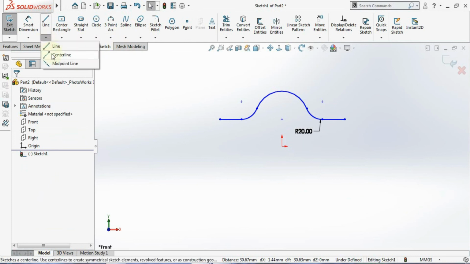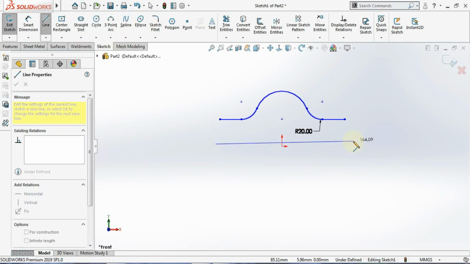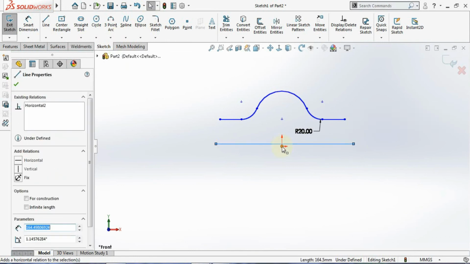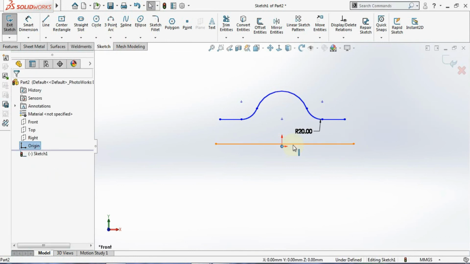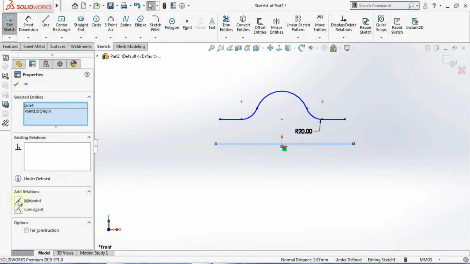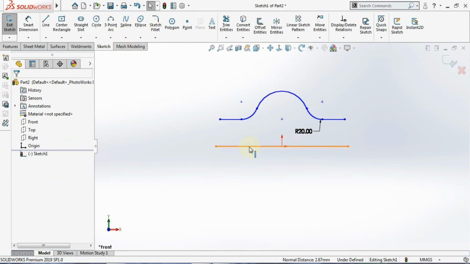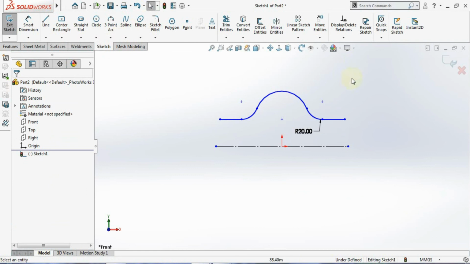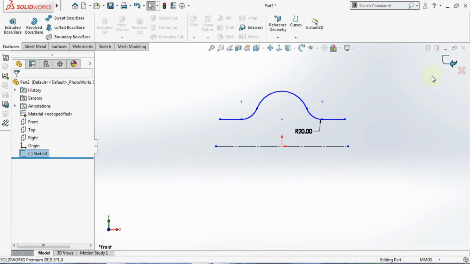Now I'll be going with the revolve, so I'll just make it horizontal. With the relations, I'll be going with midpoint, coincident, anything you can give. Now I'll convert this line into construction geometry. You have to convert this line into construction geometry. Now exit from the sketcher and click on the revolve tool.